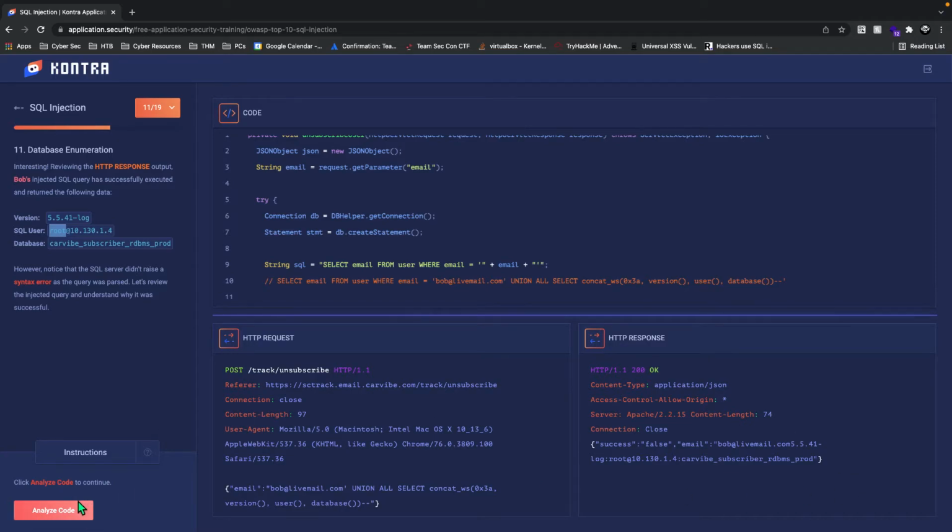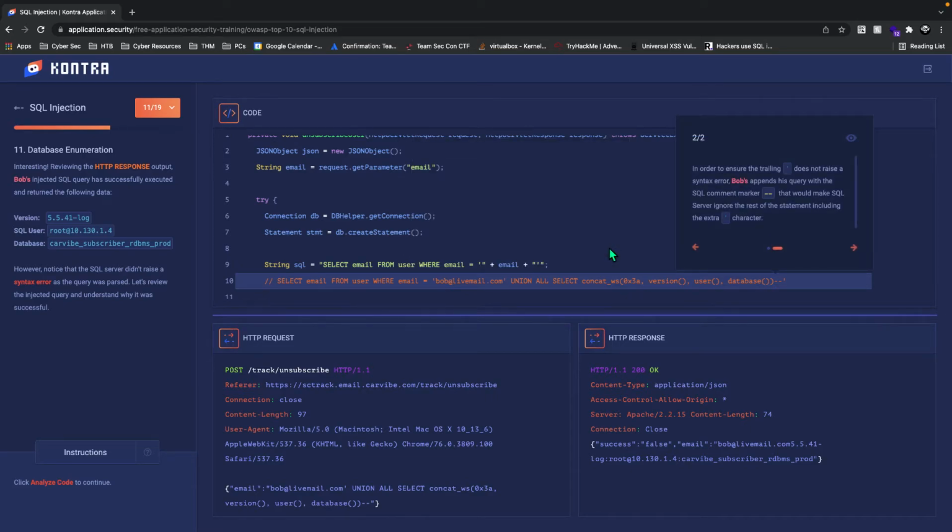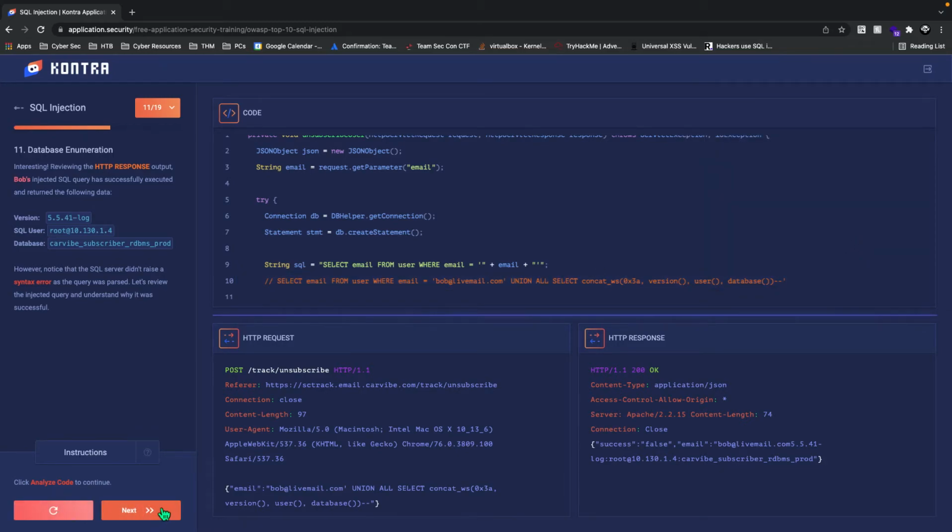So this is basically how SQL injections are done, and so we can just press analyze the code. Bob's injection string contains a union query that allows combining the result sets of two or more select queries. In order to ensure the trailing quote does not raise a syntax error, Bob appends his query with a SQL comment marker. That would make SQL ignore the rest. Okay, that makes sense, because this is going to make the SQL server ignore the rest of the statement, including the extra character. So we can just press next,